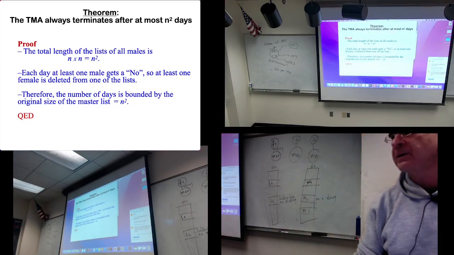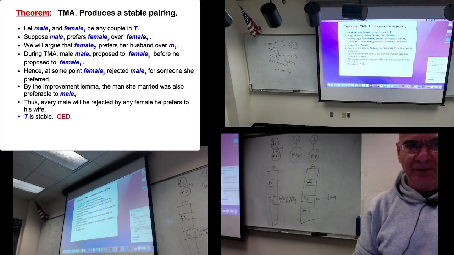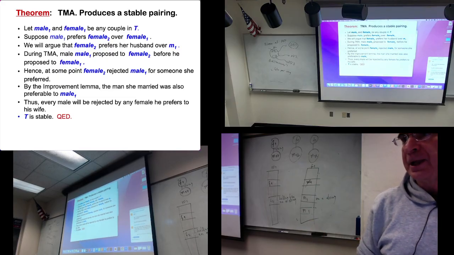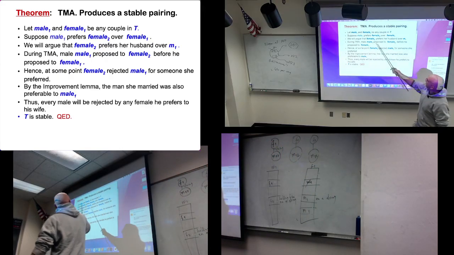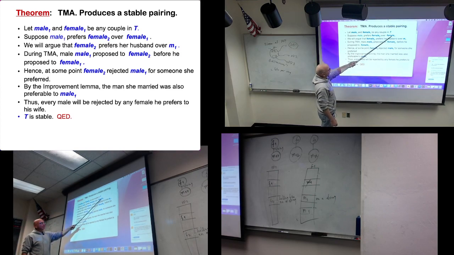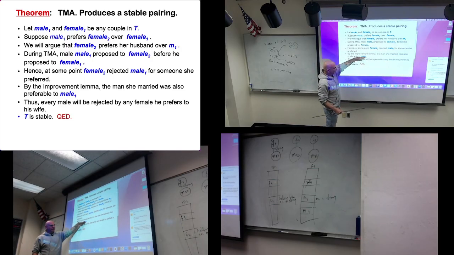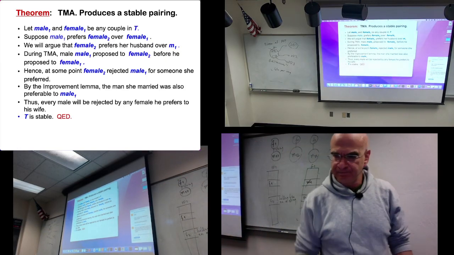Okay? So no rogue couple. So this algorithm definitely produces a stable marriage, and the theorem states it completely. If male 1 and female 1 are any couple, and male 1 prefers female 2 over female 1, then during the TMA, male 1 did propose to female 2 before he proposed to female 1, but female 2 rejected him because she got an offer from a male that she prefers. And because of the upgrading lemma,